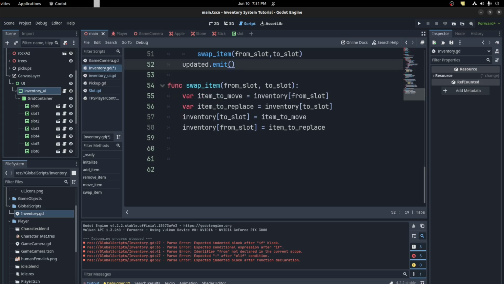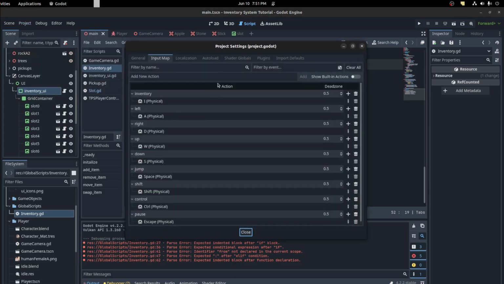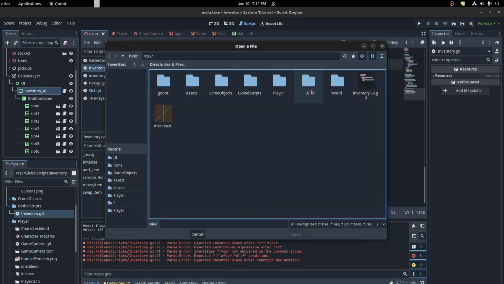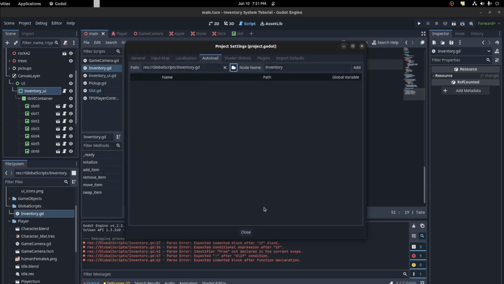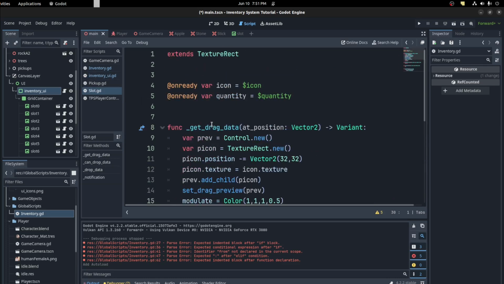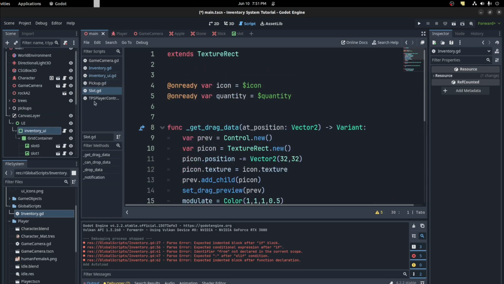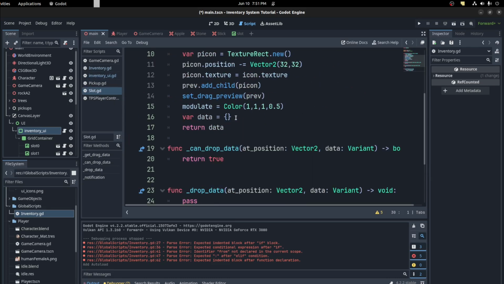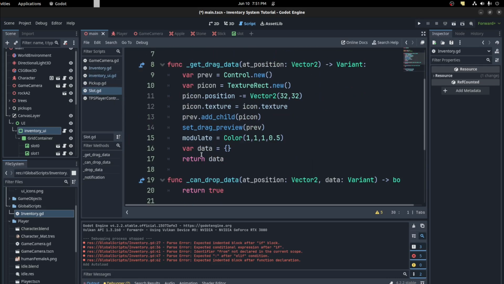All right, so now let's set this as a global script. So auto load, global scripts, inventory, add. Let's close that. Now in the UI, or the slot, I mean, what do we need here? So data,